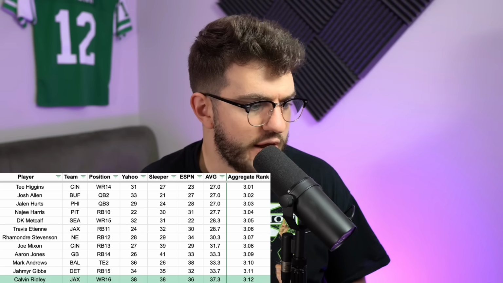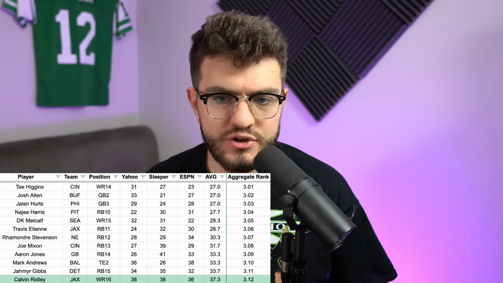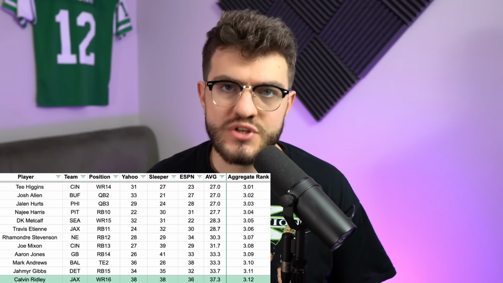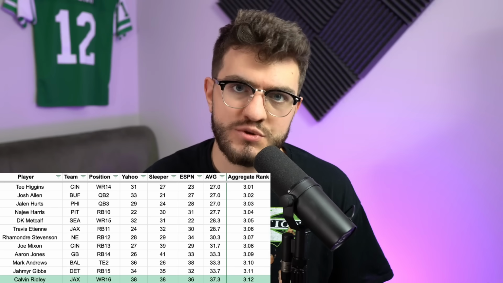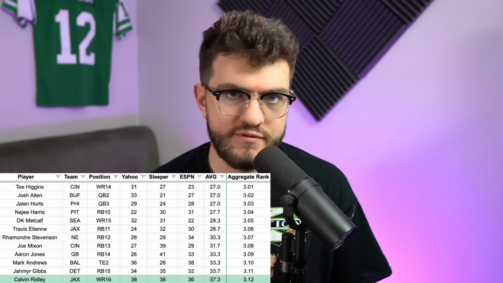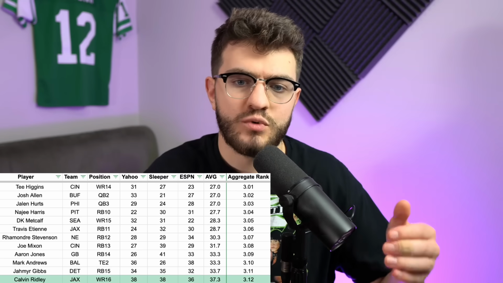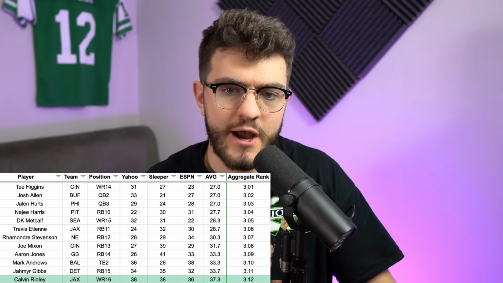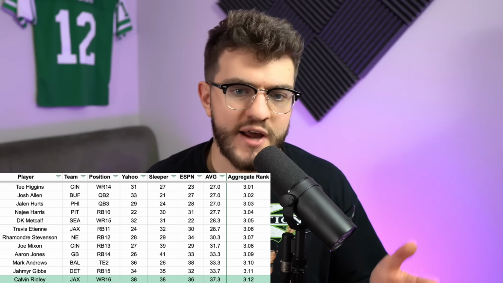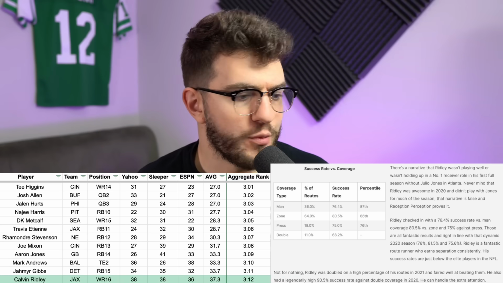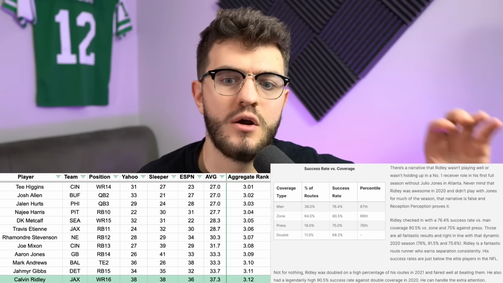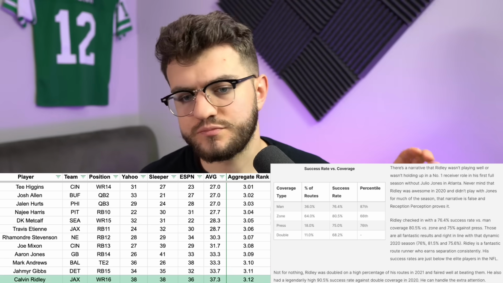But Calvin Ridley in these consensus ADPs is a 312. And there, he's an absolute smash. I get that he hasn't played football in a season and a half, and that's the big risk with him, but it's baked in. Again, on these sites where there's actual money on the line, he's like the 211, the 212. You're getting that risk baked in here, getting a full round discount. He is going to be the wide receiver 1 attached to Trevor Lawrence, what should be a good offense with high passing volume here. And Matt Harmon, Reception Perception, he does great stuff there where he charts wide receivers.